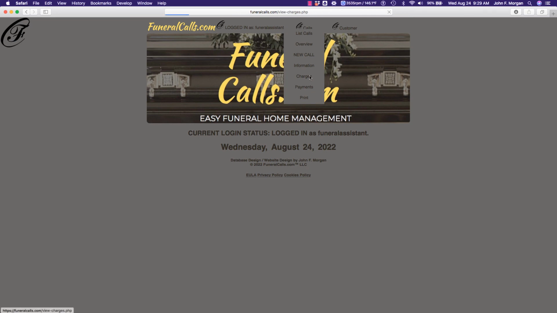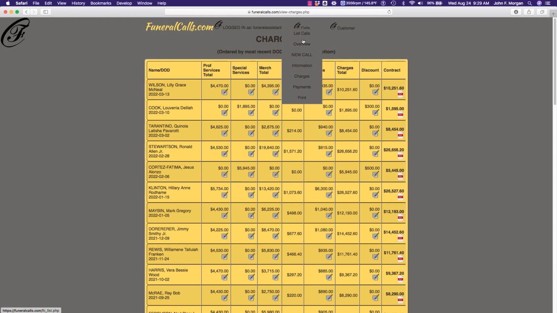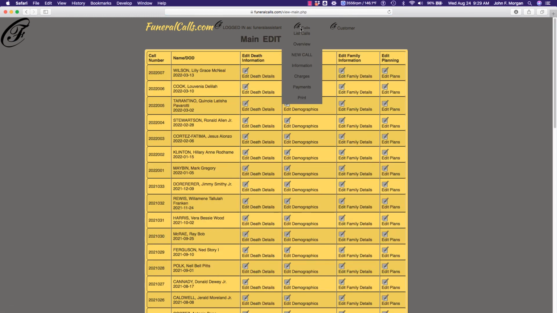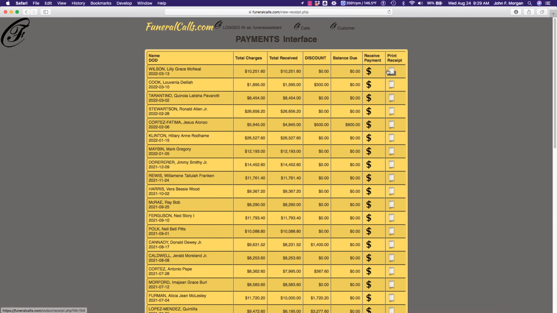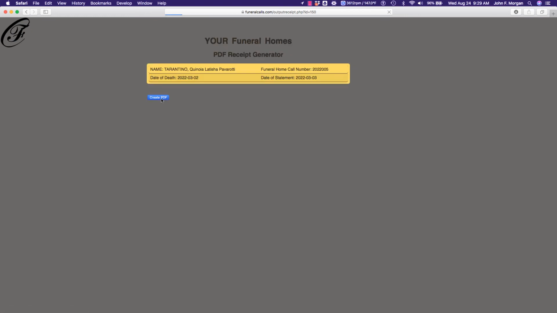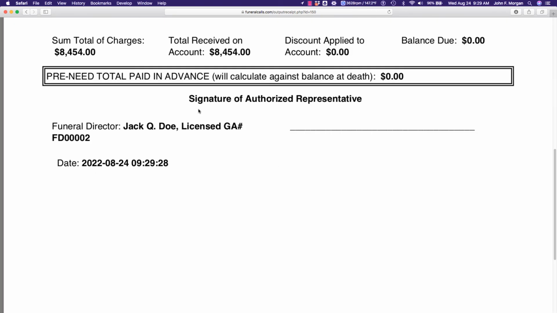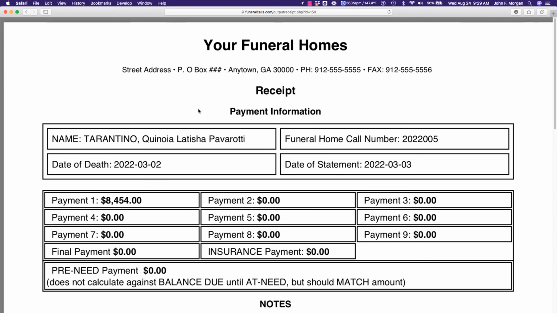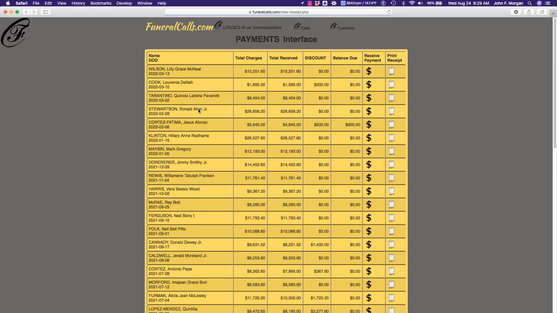You can enter charges, you can enter payments. The funeral assistant can help enter information of the death details and so forth, and receive payments and receipt the family. Print a receipt for anything that's received by the funeral home, but the funeral assistant cannot see the figures